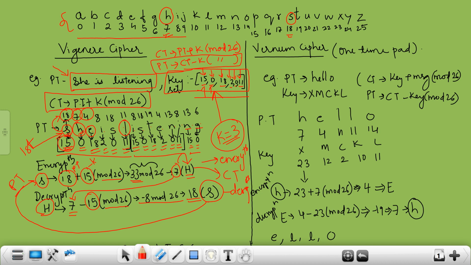We have already calculated for 1. We have already calculated for H. For S, we are getting the cipher text as H. So now I will give you time to solve. But before that, what we can do is